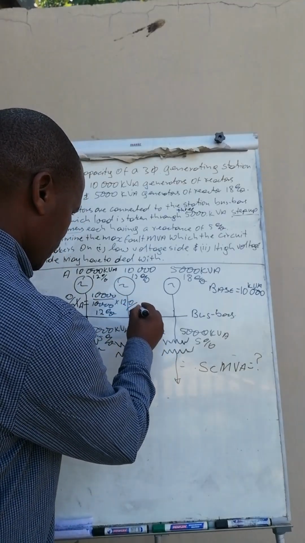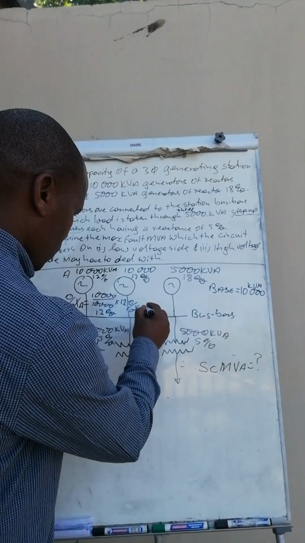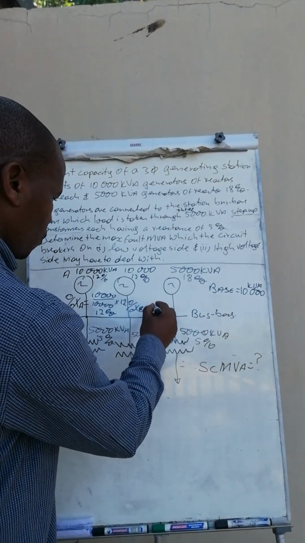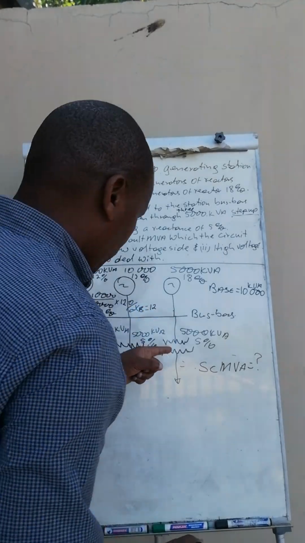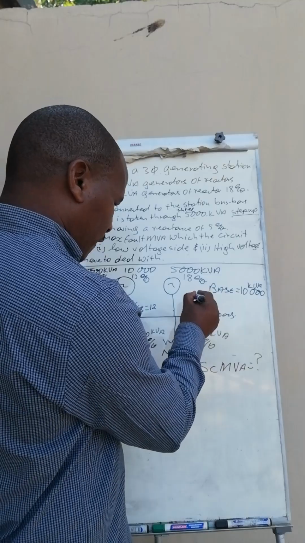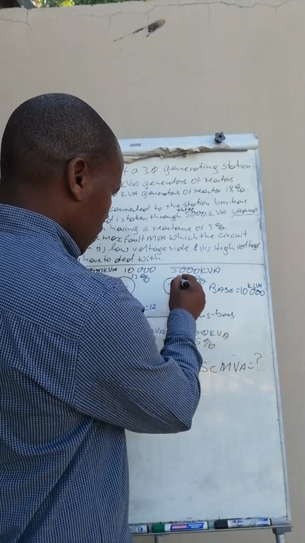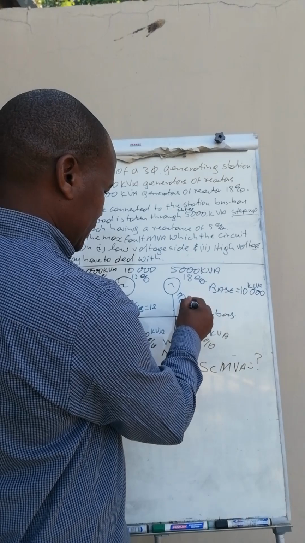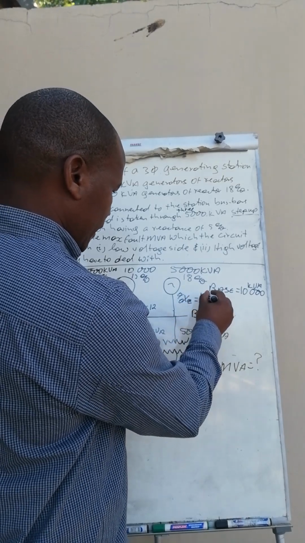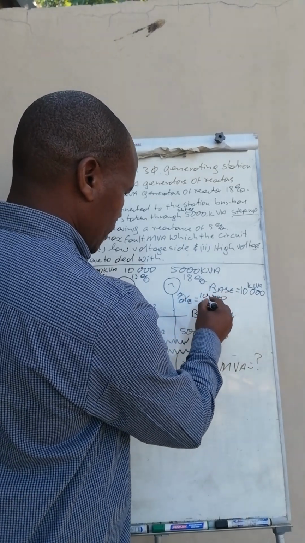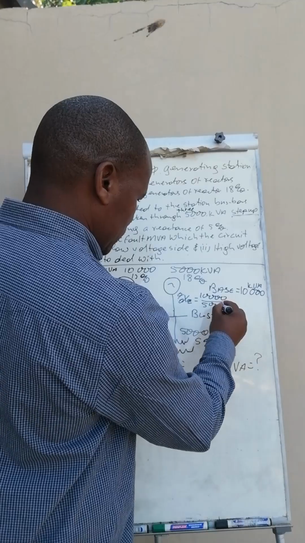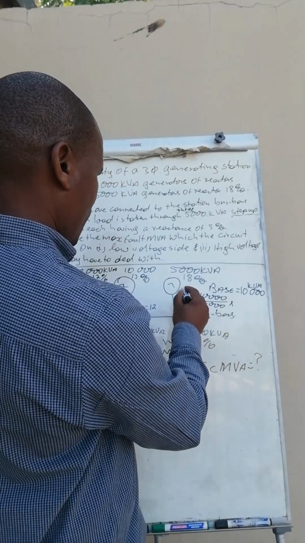Percentage reactance of generator B is also equal to 12. Here we've got 5. You have to do calculations. Percentage reactance of generator C is equal to what? 10,000, the chosen base, over 5,000, multiplied by